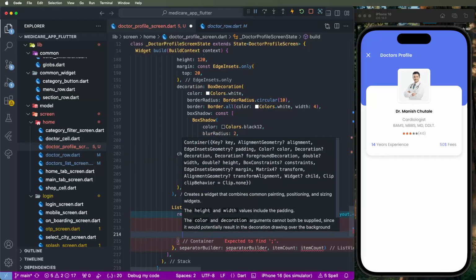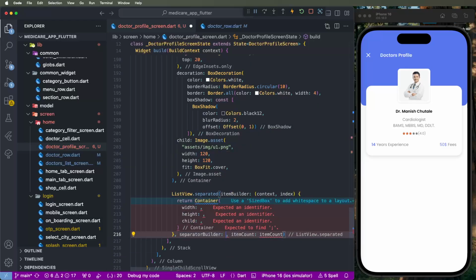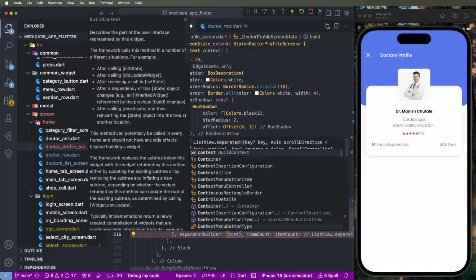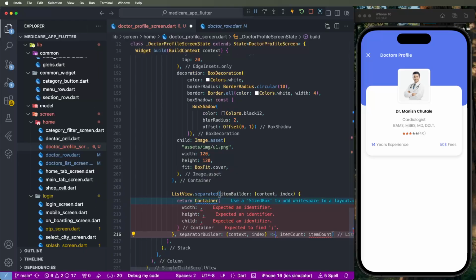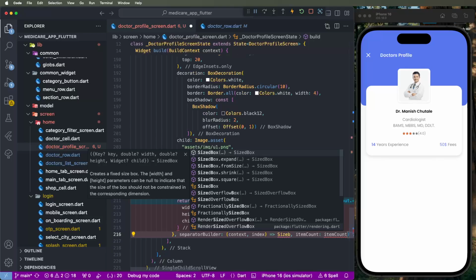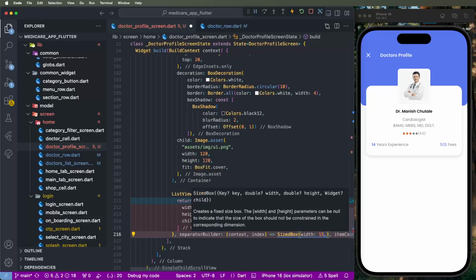We need to set and set the children. Now we need to create the subtitles, context, indexed, and we need to set the value sized box, give the width. We need to configure 15